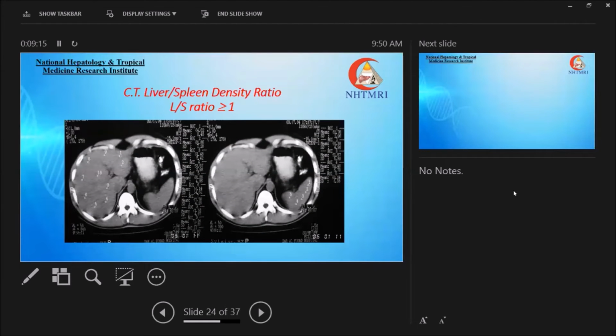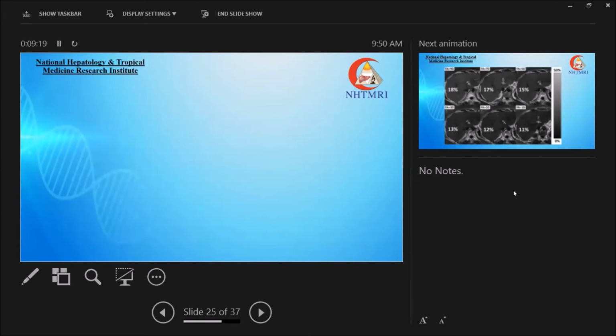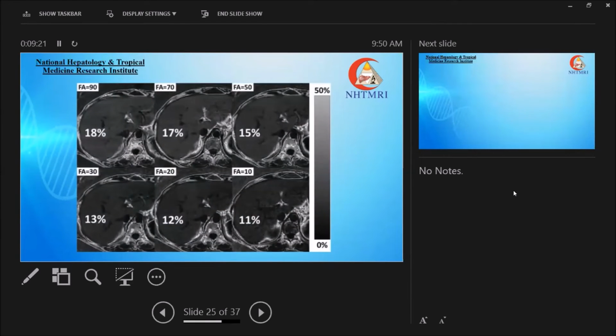This is how we assess the liver spleen ratio in the non-contrast study, of course. And here is assessment by MRI. And now we are starting